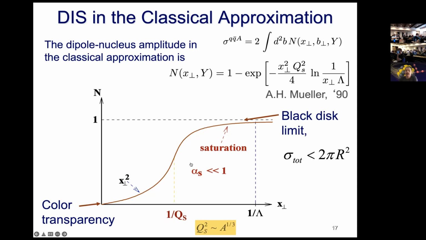So this is an argument that this transition to saturation, at least for a large enough nucleus, could happen in a weak coupling regime and could be understood by perturbative methods, by doing small coupling calculations. So this is part of what I was advertising in the beginning, that large nucleus may mean small coupling and therefore a perturbative description of the transition to the black disk limit. Okay, so far so good. Any questions about this picture or anything related to it?